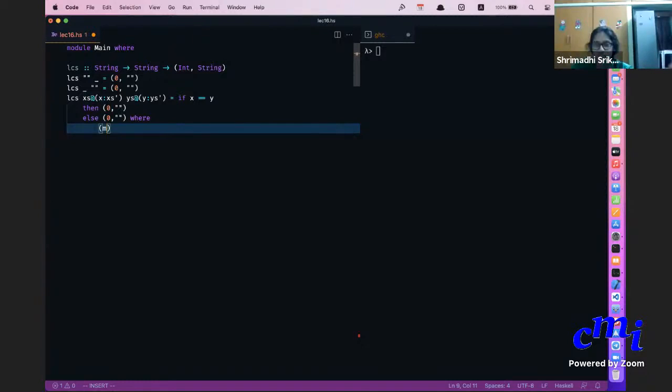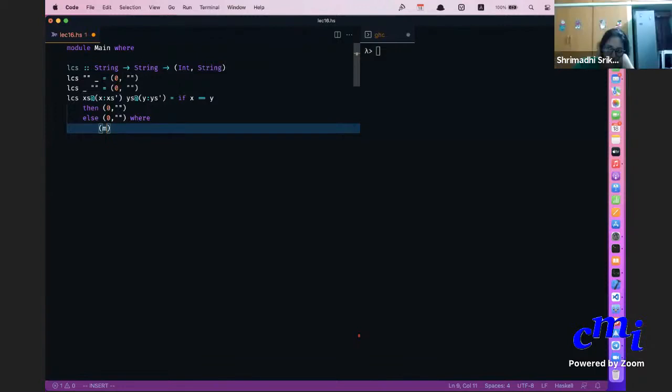Can't we split it up into first and second? Yeah, you can do that. But if you split it up into first and second, then you are making two recursive calls: once doing a recursive call and taking first, and then doing a recursive call and taking second. You should always avoid that by using where.